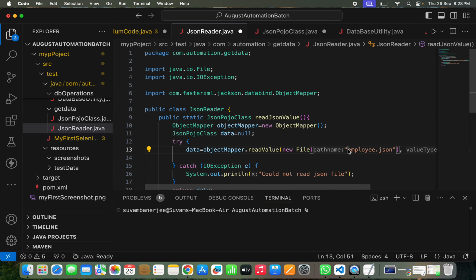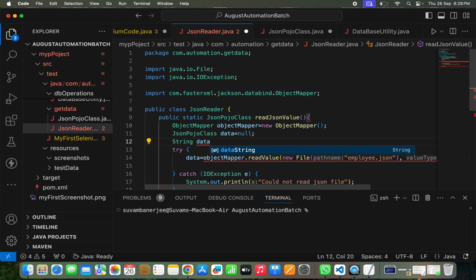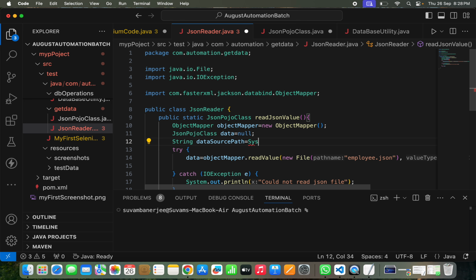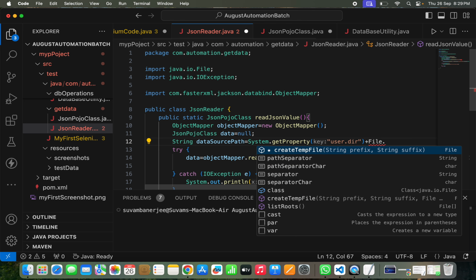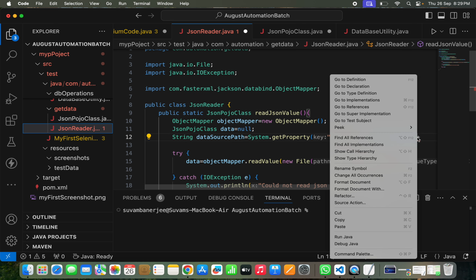So here we'll put, suppose let's take a string, data source path, equal to System dot getProperty user dot dir, this is the project location, then File dot separator, plus